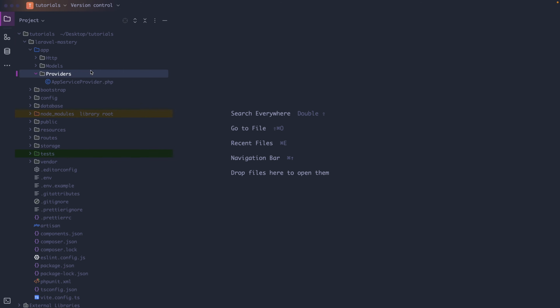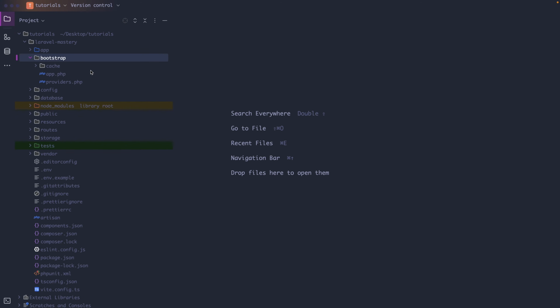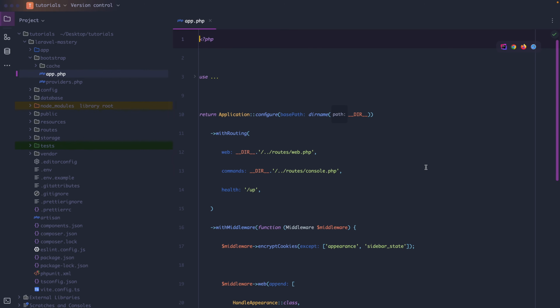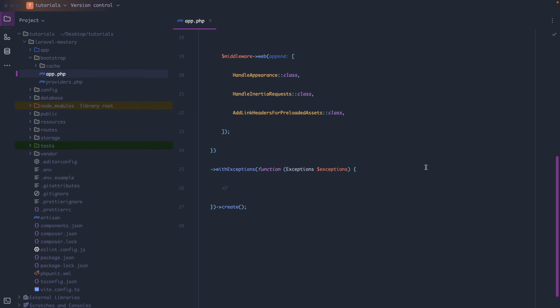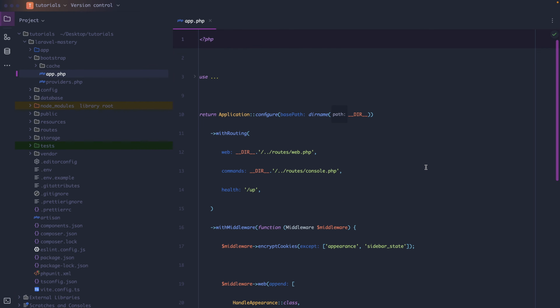Now, next up is the bootstrap directory in the root of our project, which is where Laravel gets initialized, or basically bootstrapped, where the application starts. It ships with two files out of the box, app.php and providers.php. The app.php file is the file where Laravel creates the main application instance, kind of turning on the engine before